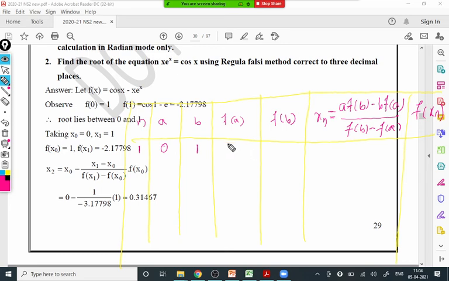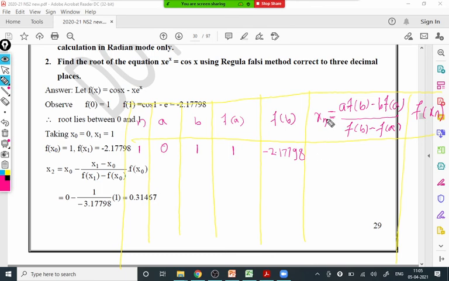So here we have these values as 1, then minus 2.17798. I have written 5 decimals here. If someone wants to write 8 decimals, yes, you can write it. If someone is interested in writing 4 decimals, that is also okay, but don't write fewer than 4 decimals. Always keep a practice of writing a minimum of 4 decimal places, and rounding up is also better if you write only 4 decimals.